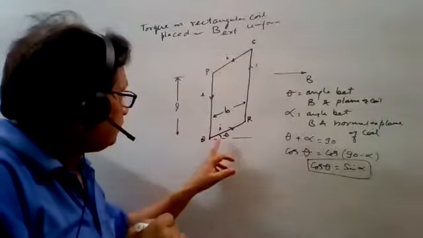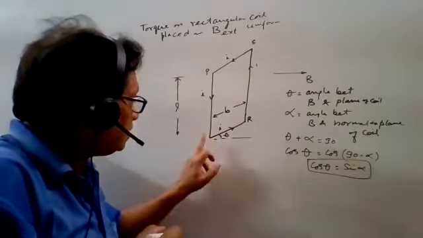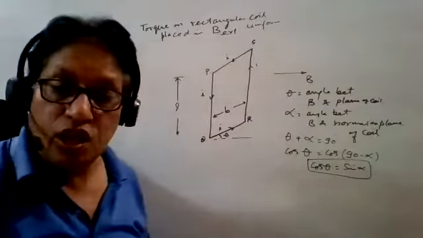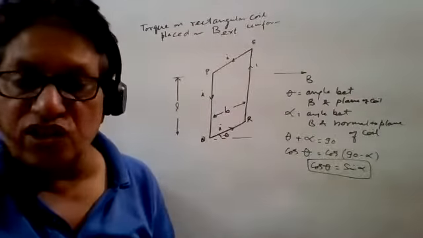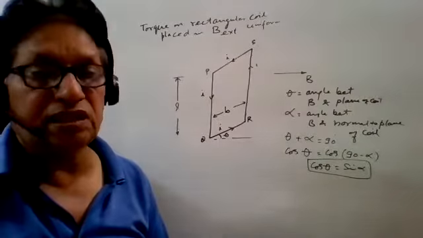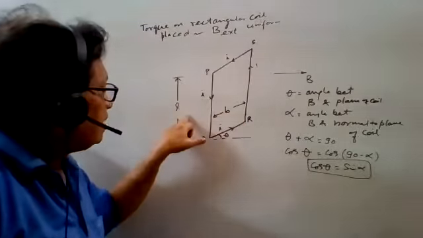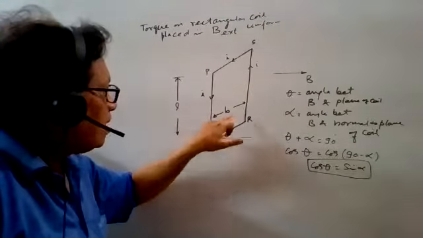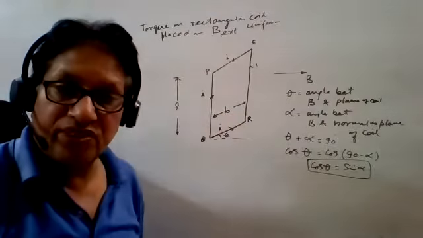Now just think of one part of this rectangular coil, say side QR. What is the force acting on it, and what is the direction of this force? Force is BIL sin theta. Here the length is L and the breadth is B. We are talking about QR, so its length, meaning breadth, is B.